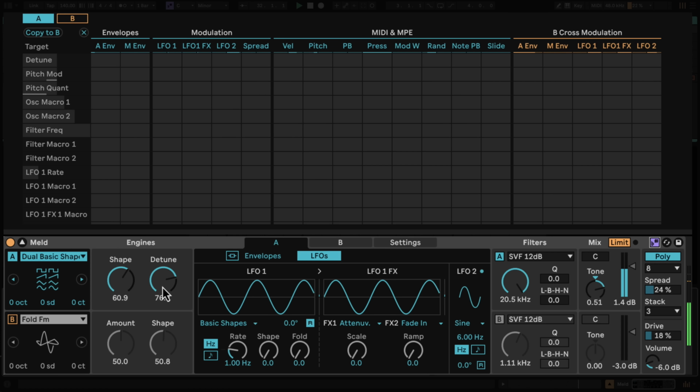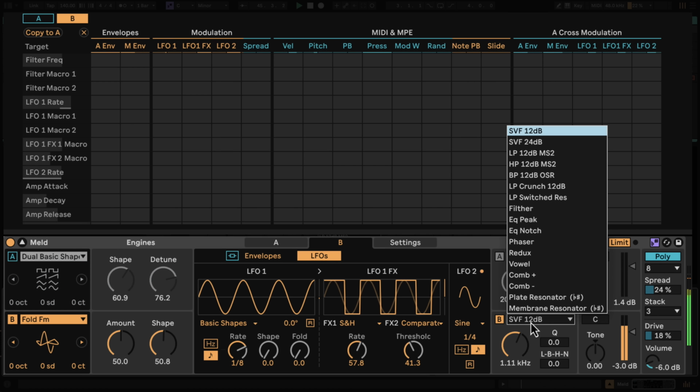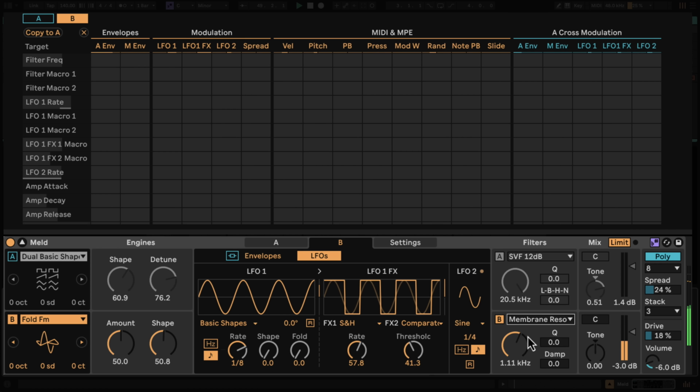You'll also notice that when I turn Use Current Scale on, the semitone control in the oscillator section turns into scale degrees. Awesome, let's go ahead and turn on oscillator B. I'll turn oscillator A off for now just so we can focus on this. Not only do certain oscillators use the current scale, but certain filters do as well. Let's try membrane resonator here.